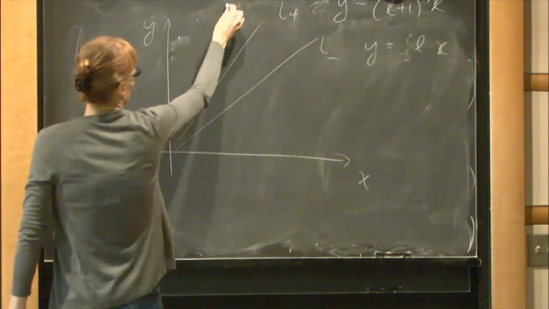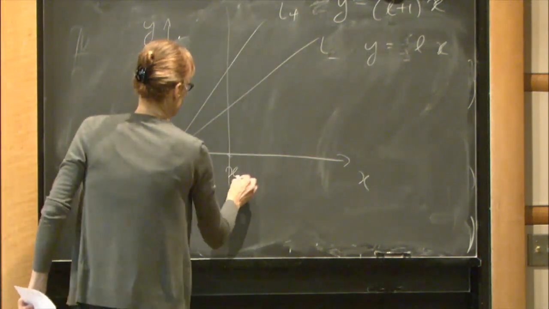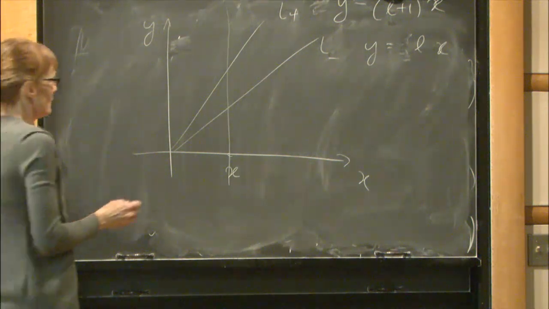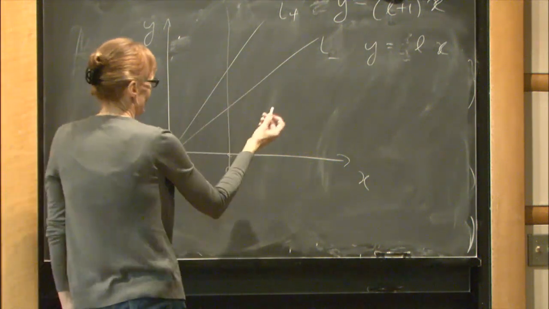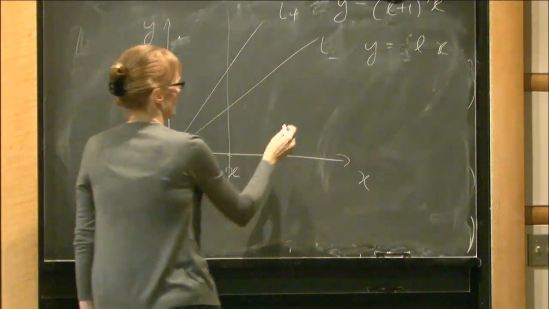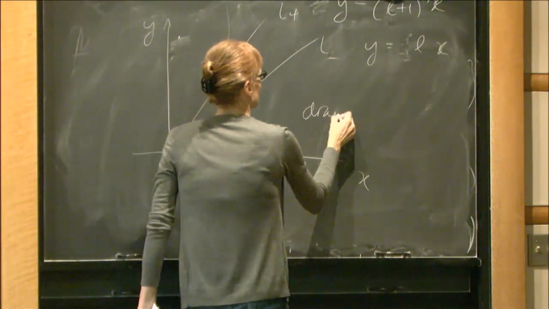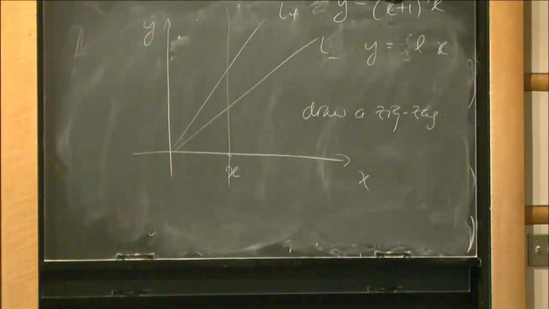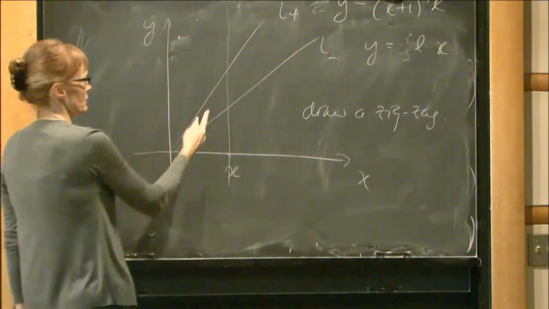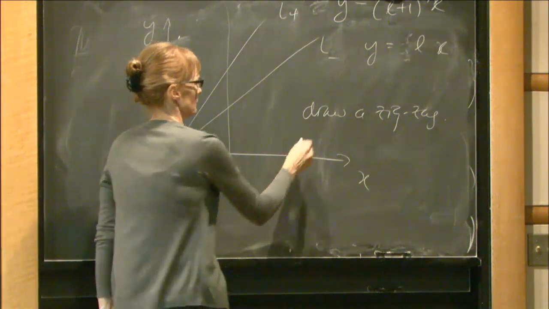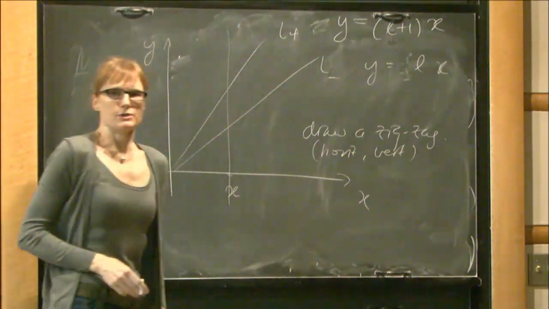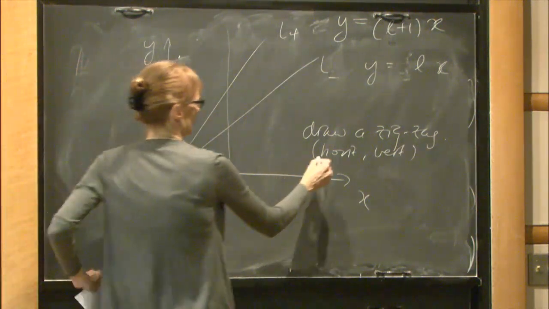And here is 1. You can convince yourself that if you try to draw a zigzag curve, which has horizontal and vertical pieces, and the horizontal are at integer levels,